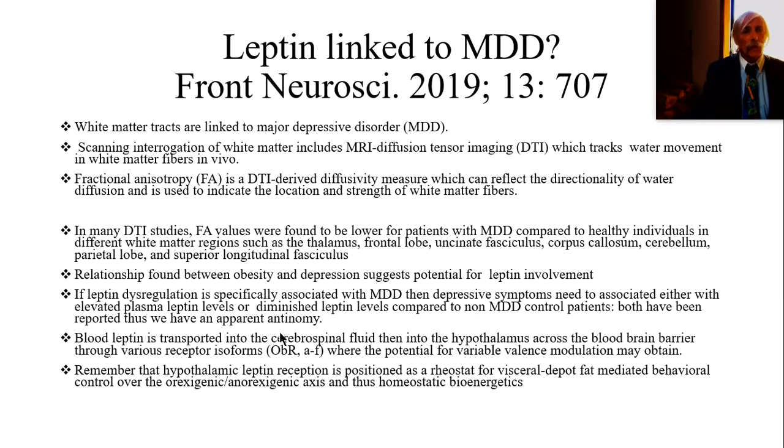Well, not really, right? Blood leptin is transported into the cerebrospinal fluid, then into the hypothalamus across the blood-brain barrier. We've already studied this through various receptor isoforms, the OBR and the OBA through F domains. These are different splice variants and different expressed forms of the leptin receptor. So right away then you can see where there can be a variation in the signal. If there's a variation in the signal, then you don't need to worry about allowing for the excluded middle term,